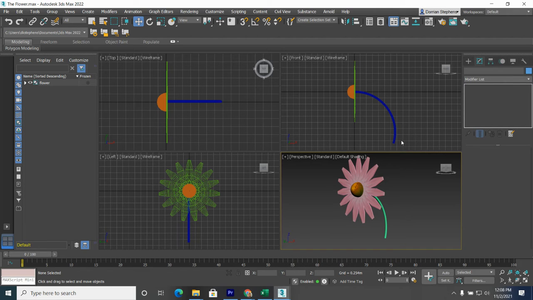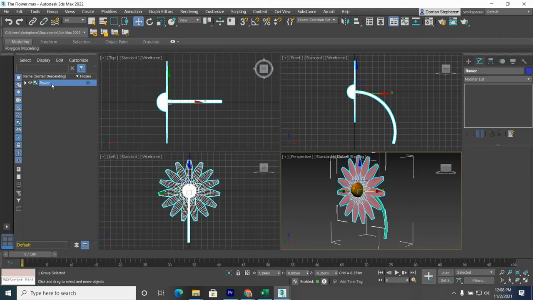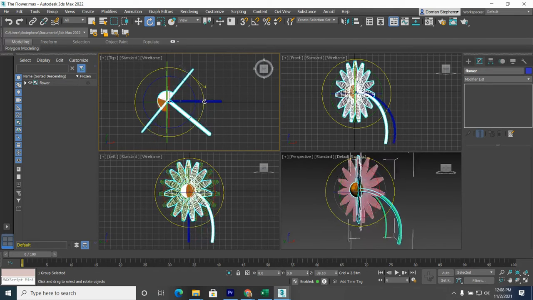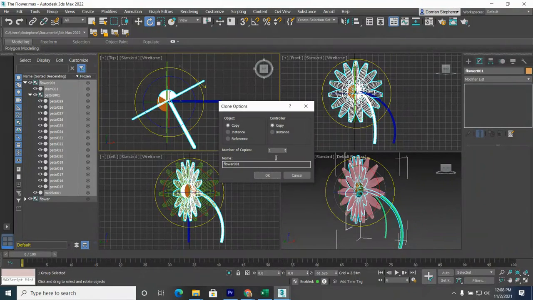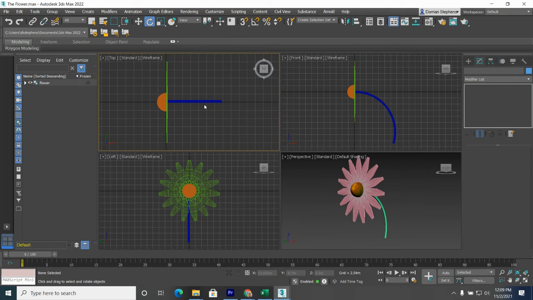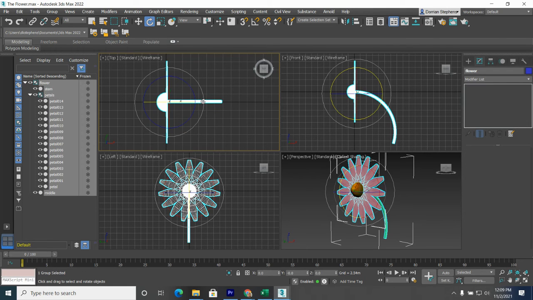Okay. All right. So I want to click on flower, and I want to make several copies of this flower. Now, we know that we can click on this, select and rotate, hold down shift, and rotate this flower and get copies. But that's not what we want. Cancel. What we do want to do is click on flower,